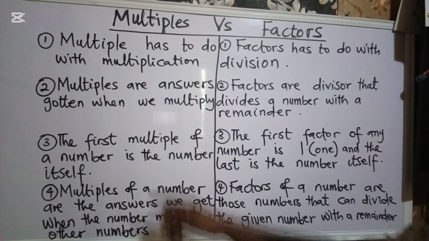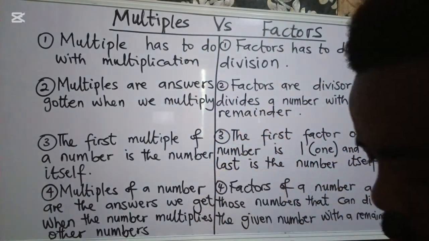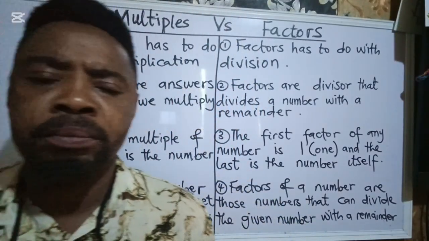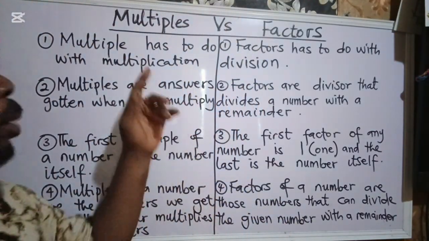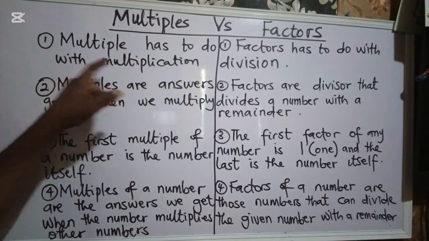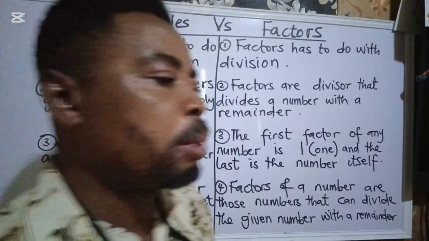And today, when we look at the board, we are talking about multiples versus factors. Multiples versus factors. We want to look at the two of them so that we don't make mistakes when we are doing them. Now, let us start with multiples. The multiple has to do with multiplication. So if they ask you, what is the multiple of